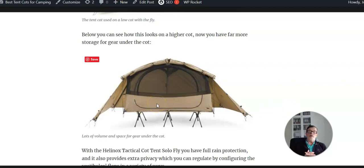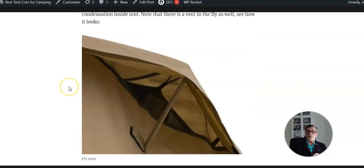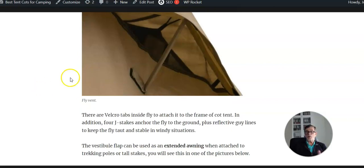So with these vestibules you can regulate ventilation, privacy, of course. In the camp you can open one part or close another part and so on. The fly is massive, it goes all the way to the ground, and they have of course added vents, so no problem. Even if you have to close everything, you will always have air circulation from the ground,